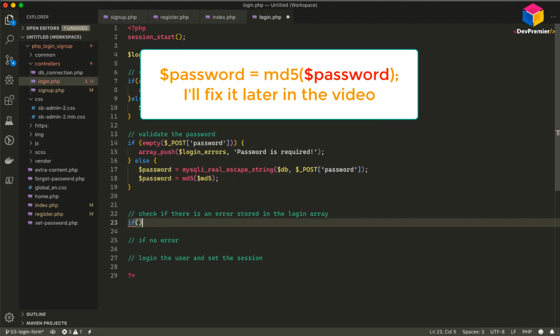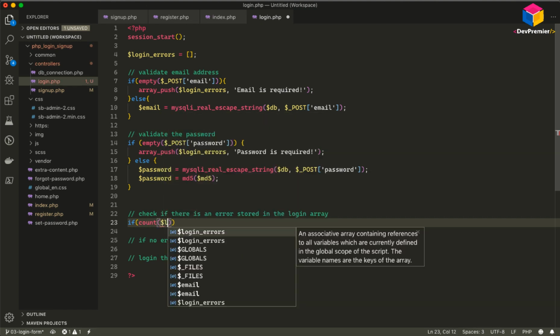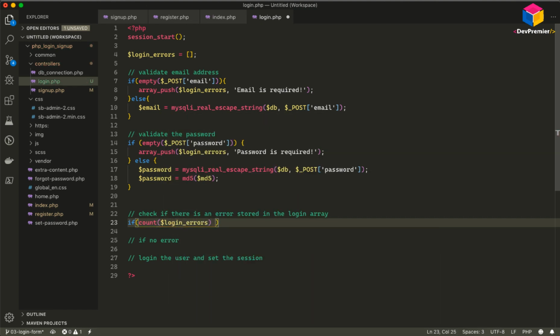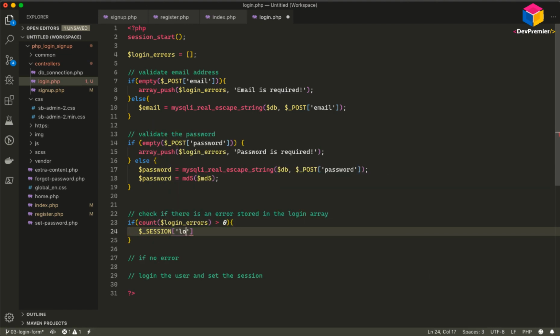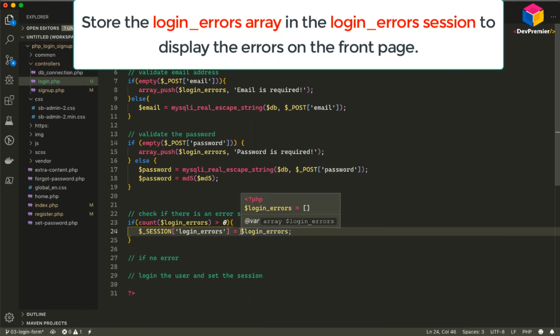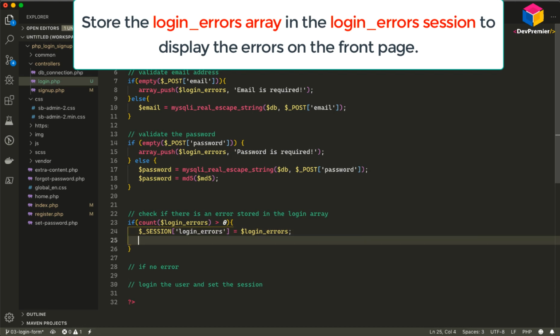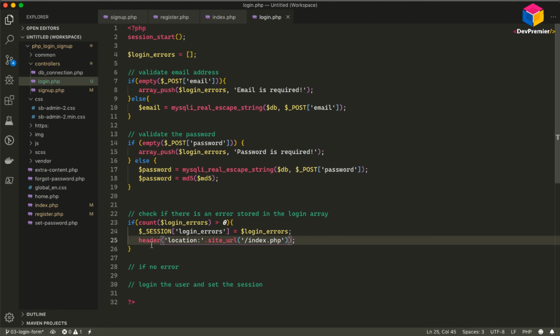Now check if there is no error. Count $login errors. If there is an error, then store the errors in the login session. Login errors session. Then this is the login array. Here we are storing the login errors array in the login errors session. And now redirect back to the login page. And if there is no error,